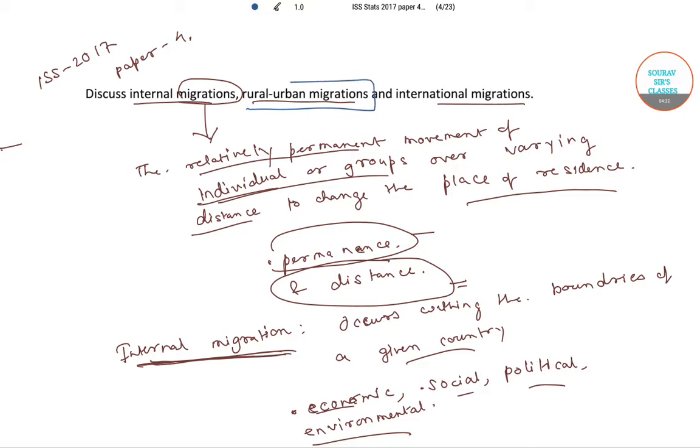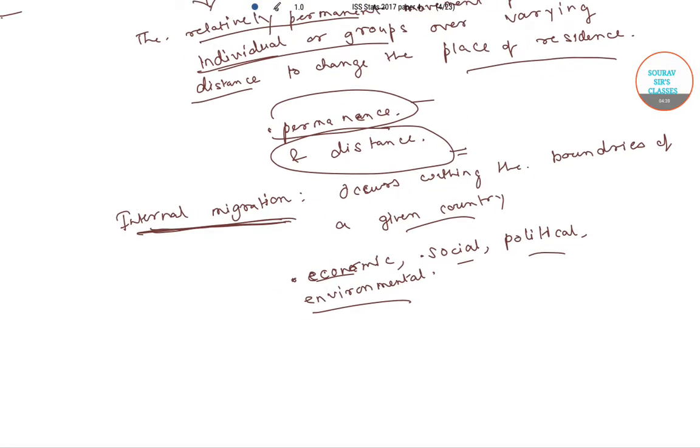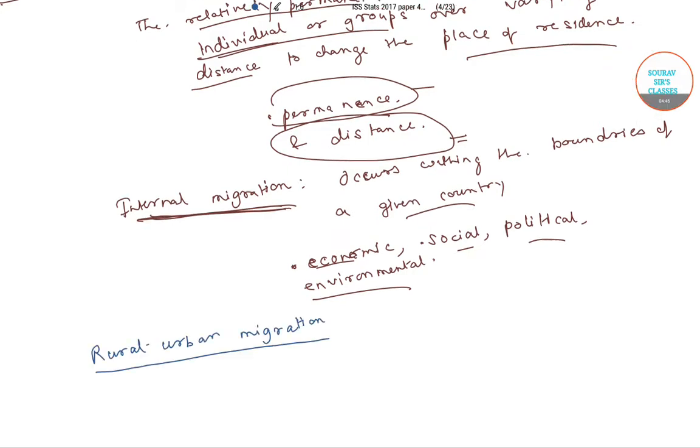Next is rural urban migration or urbanization. This is a type of internal migration. So, this rural urban migration is the migration or movement of people from rural to urban areas. So, rural-urban migration is a type of internal migration which means movement of people from rural to urban areas,